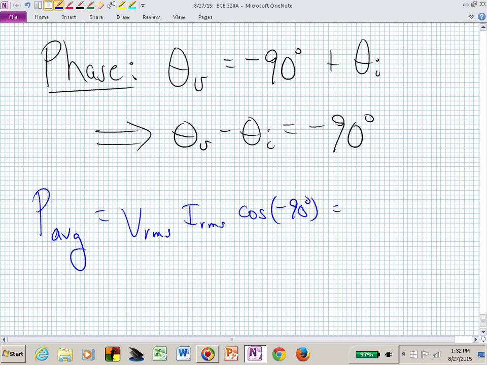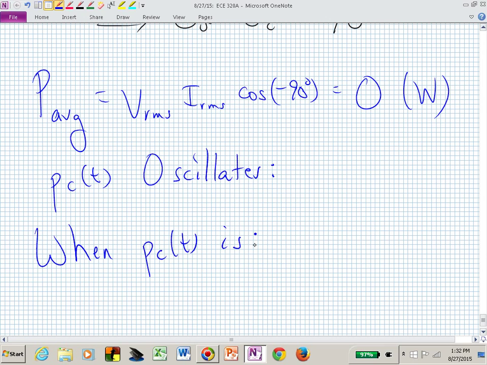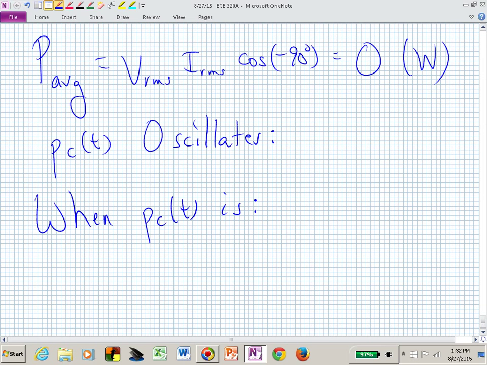That capacitor doesn't absorb any real power, does it? It's an energy storage element if it's an ideal capacitor. Its average power is 0. As we've seen with the inductor, the instantaneous power of the capacitor now oscillates. And when P sub c of t is positive,